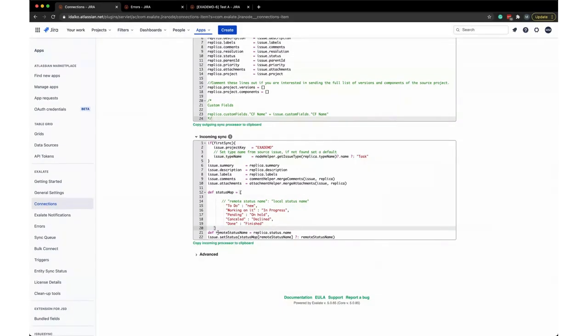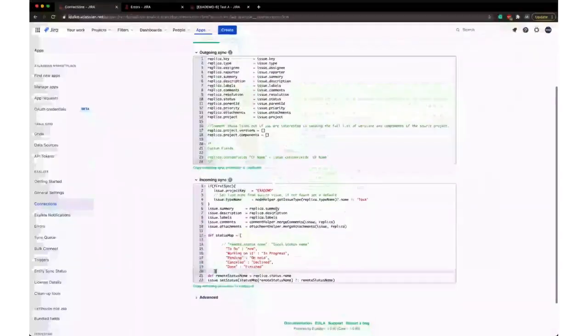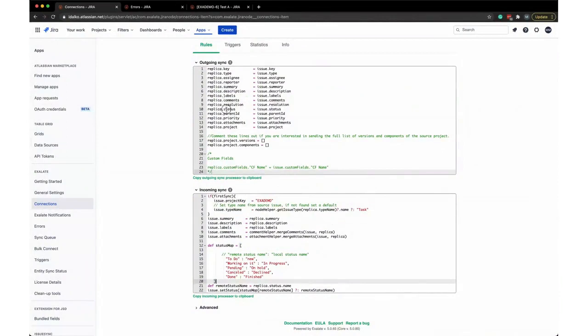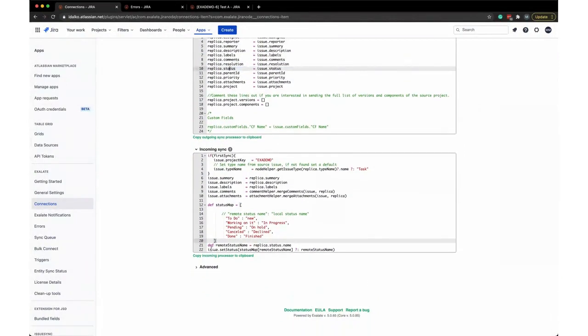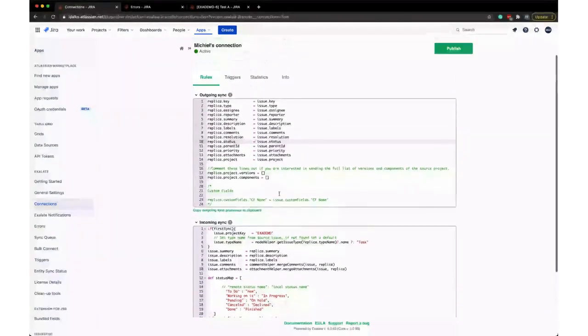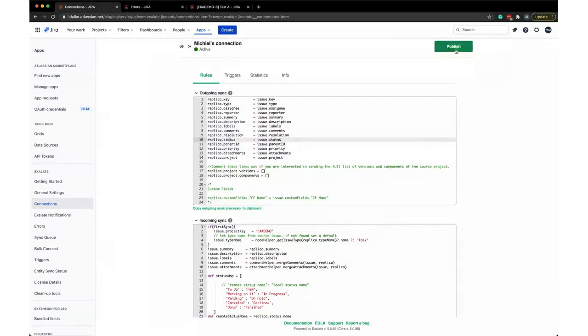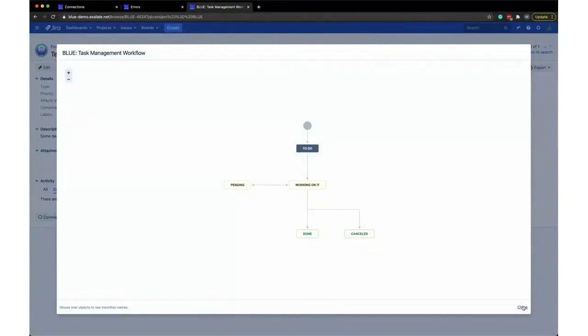Then we're going to define the remote status name, and we're going to take it from the replica.status.name that's being sent over. As you can see here, the replica.status is being sent over, and this contains the name of the status. And then we're going to set the status of the local issue, and we're going to look up the remote status name inside of the mapping that we have, and we're going to put it in the issue. So I can publish on this end of the connection,